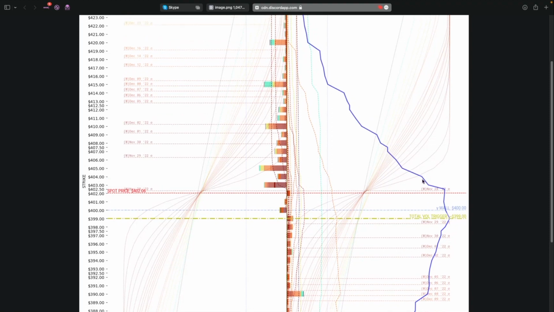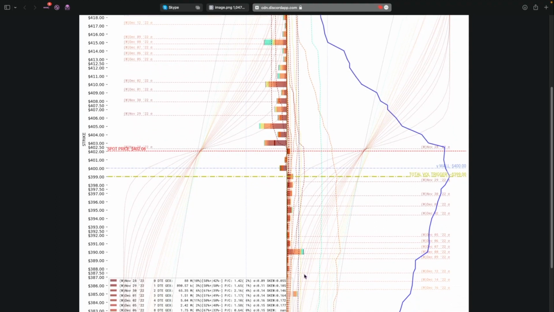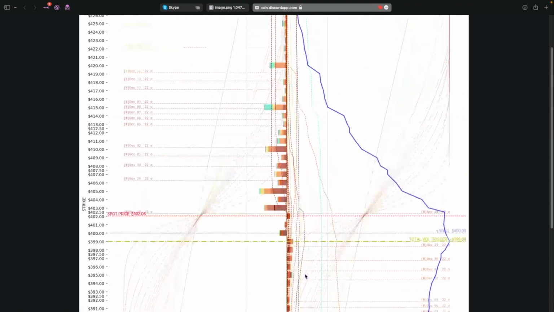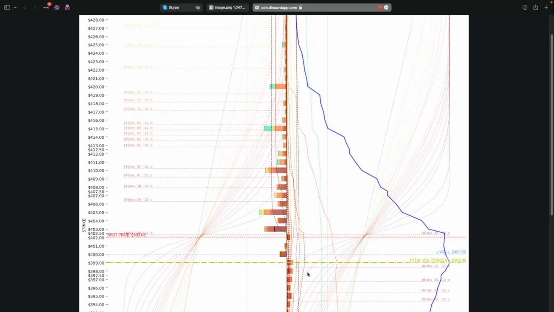If they wanted to screw the most people possible tomorrow, then do we see it in the chart? If they want to screw the most people possible, then we're going to be around the 380 zone. But that's not going to happen anytime soon. You say the 380s? Oh, by tomorrow? I'm just talking about tomorrow.